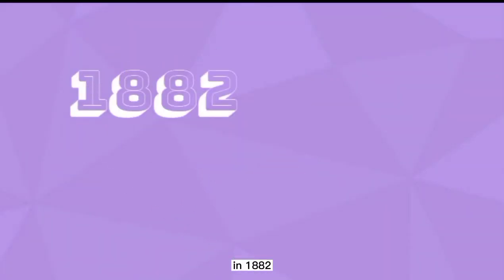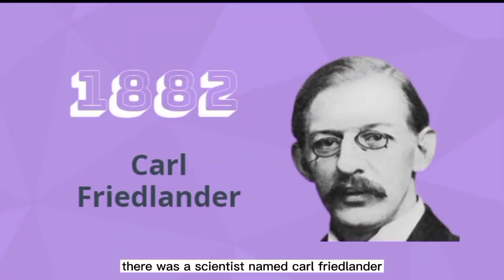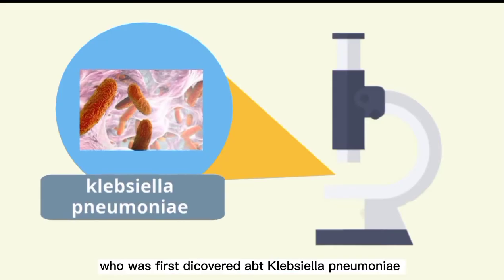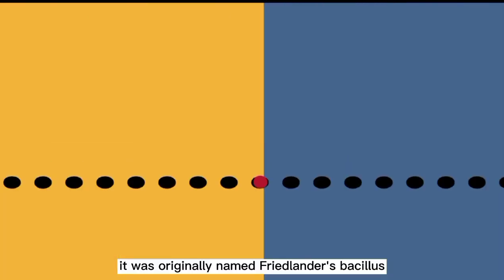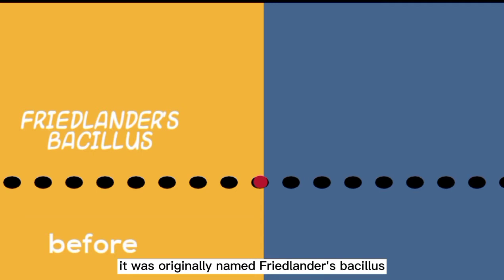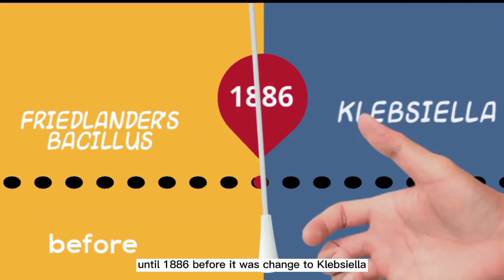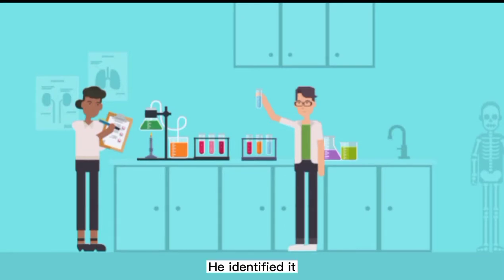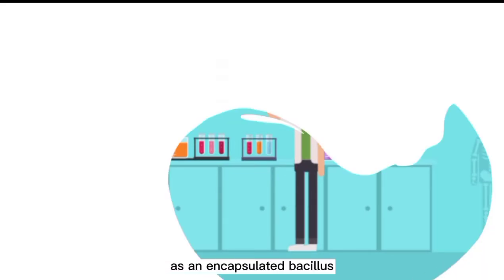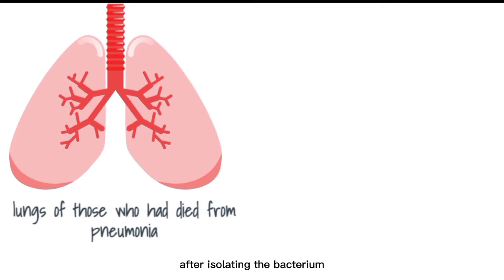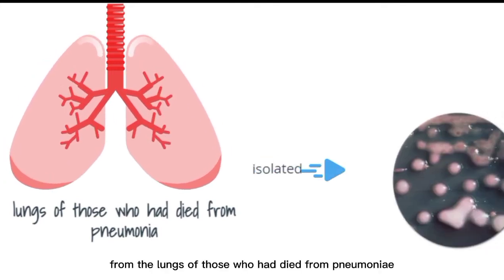In 1882, there was a scientist named Carl Friedlander who first discovered Klebsiella pneumoniae. It was originally named Friedlander's bacillus until 1886, before it was changed to Klebsiella. He identified it as an encapsulated bacillus after isolating the bacterium from the lungs of those who had died from